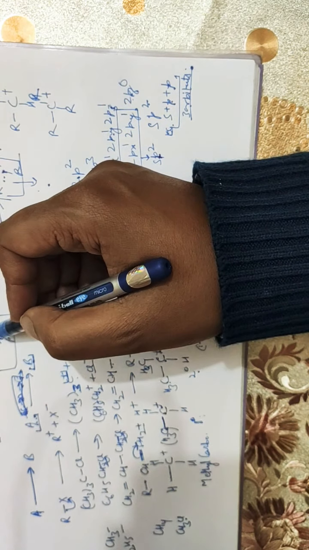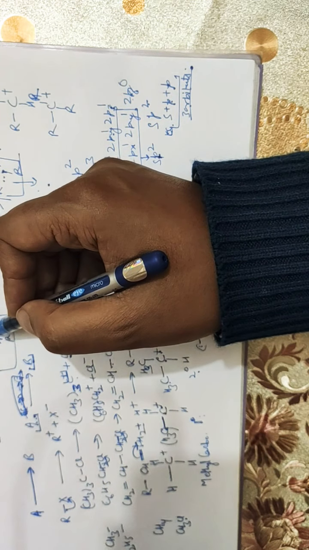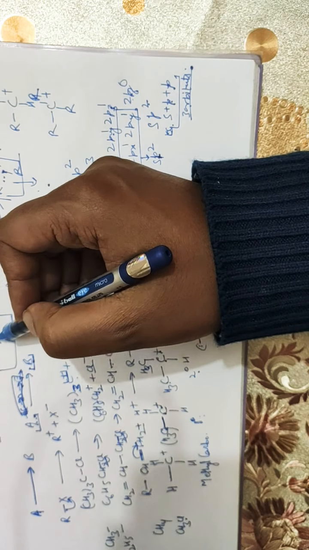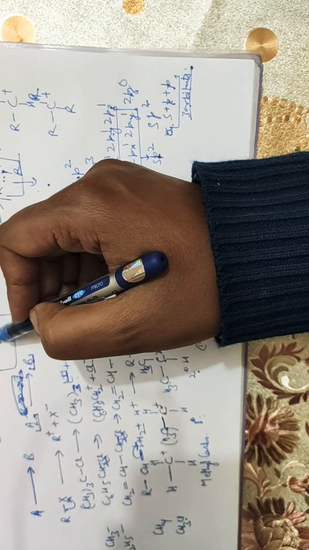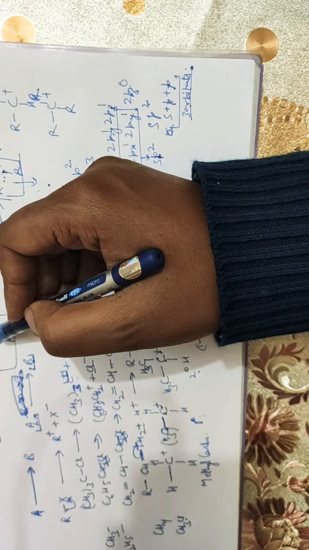If it directly gets 2 electrons, that is very good for it, but if it doesn't, it will try to get the negative charge to satisfy itself. So all groups attached to the carbocation which release electrons will satisfy it and make it more